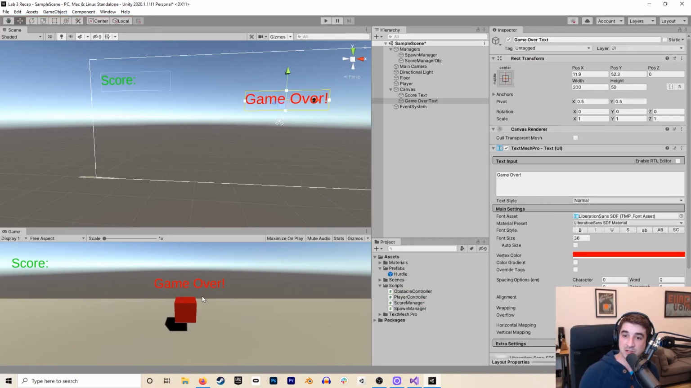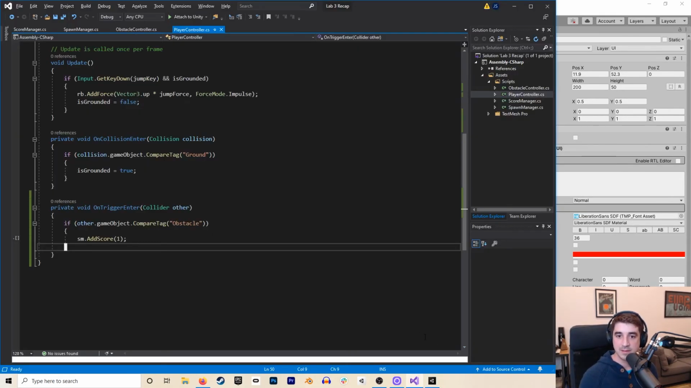Another thing we have access to is, when I have this highlighted, this checkbox to the left of the name actually activates and deactivates any game object. So let's have it inactive from the start. Then in our code,